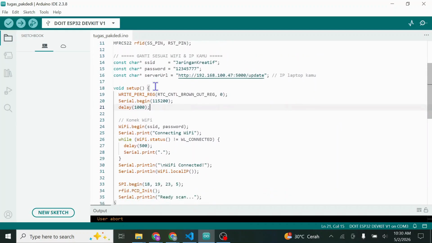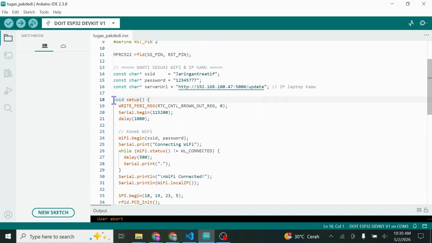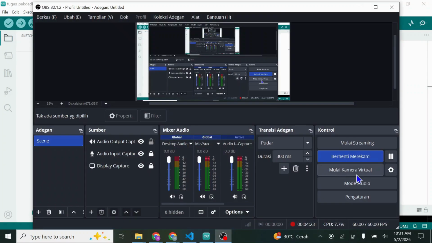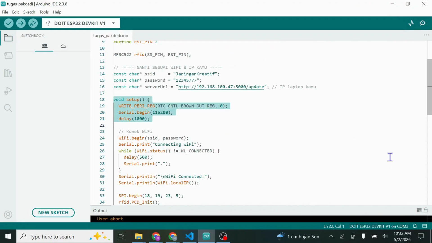And then in the setup function, we first disable the brownout detector, so the ESP32 doesn't restart itself when it needs a lot of power for Wi-Fi.